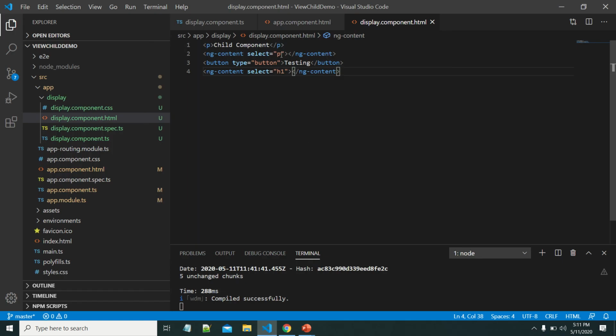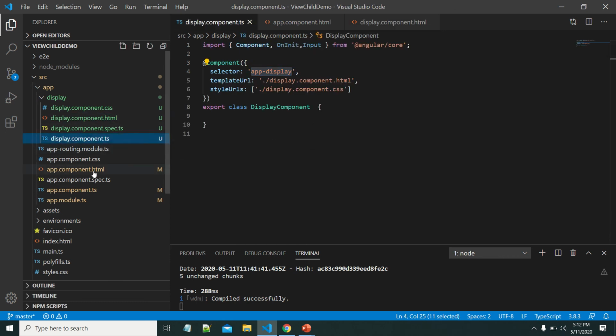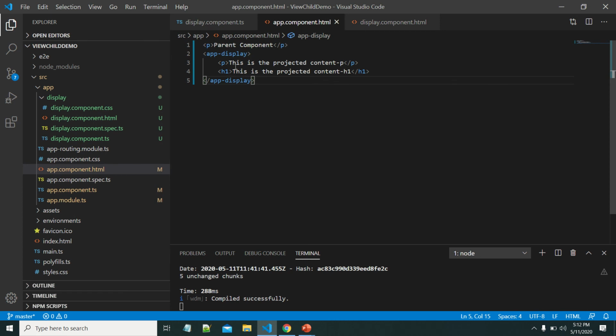Here we have used the tag selector. If you want to use the class selector, that is also possible by adding some CSS classes here. Suppose I put a p class, just as one example, and an h class for h1.